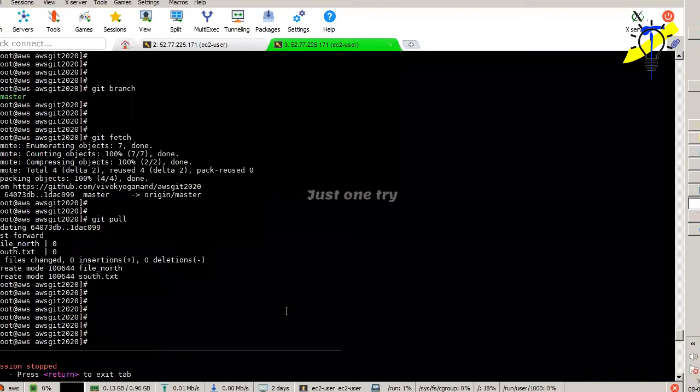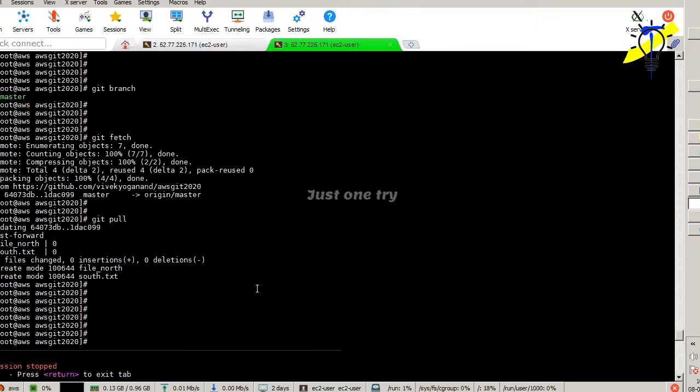Yesterday I discussed the fetch and pull commands. So what is your understanding? What is meant by fetch and what is meant by pull? You can do the fetch at any time to update your remote tracking branches.